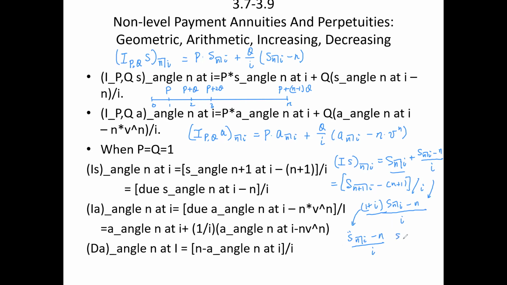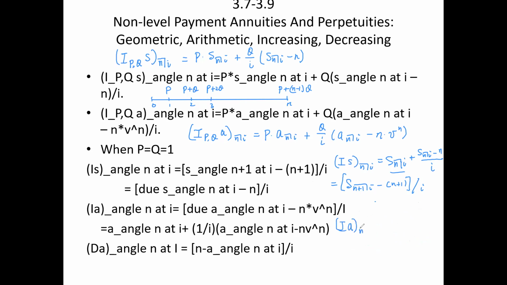But then you can also consider it as S n plus 1 angle I minus 1 and then minus n. So these two are the same, okay? So minus 1 minus n, putting together you have n plus 1. Anyway, this is the formula for increasing arithmetic progression with P equal Q equal 1. And we're talking about the future value. The present value,